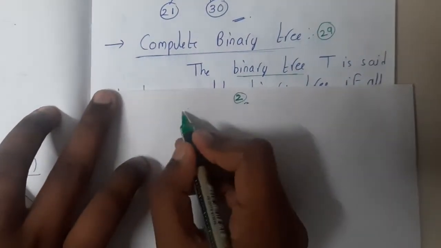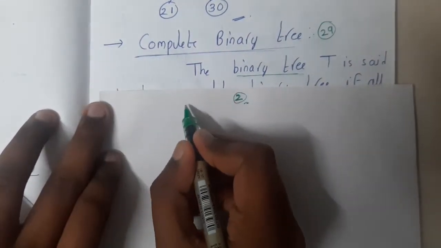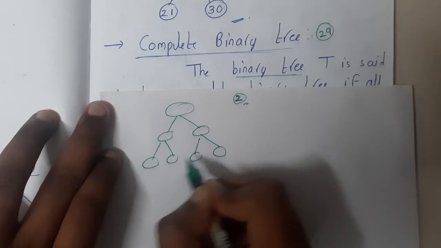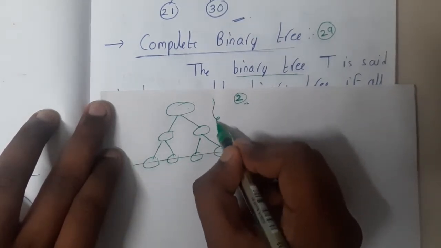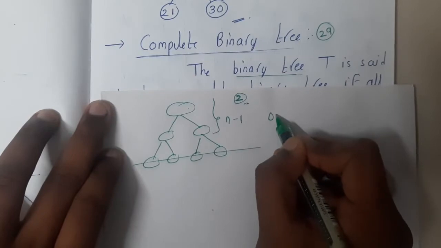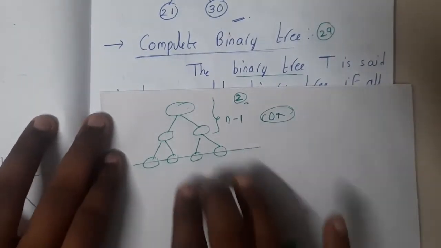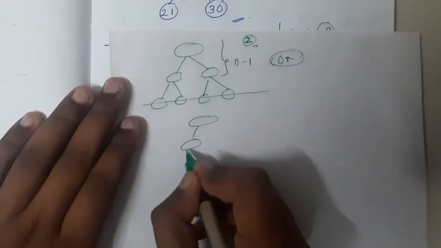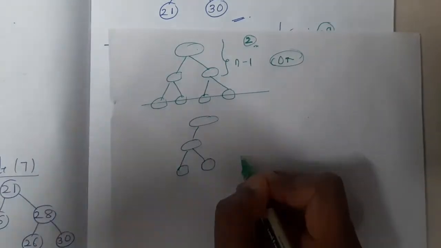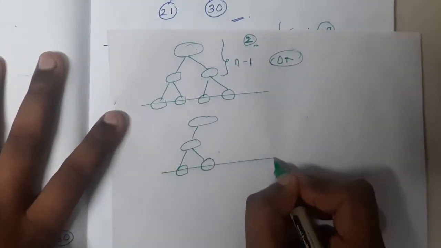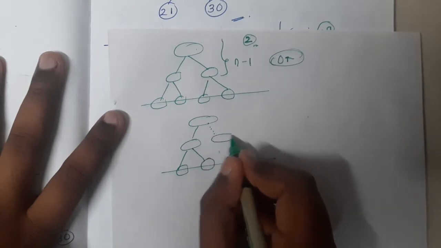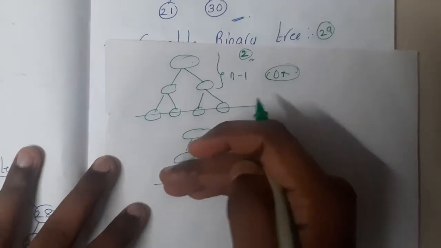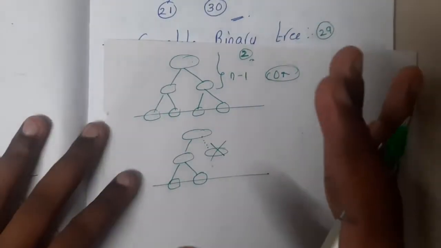So that complete binary tree will be filled in this order, guys. Let me draw a tree. A complete binary tree is nothing but, if you take the nth level, the levels before it should be completely filled, guys. Completely filled in the sense there should be all possible children at that level. Is this a complete binary tree, guys? No, because this level is okay, but in this level this particular node is missing. Hence that is not a complete binary tree. So if you are taking the nth level, until the n minus 1th level all nodes should be there.